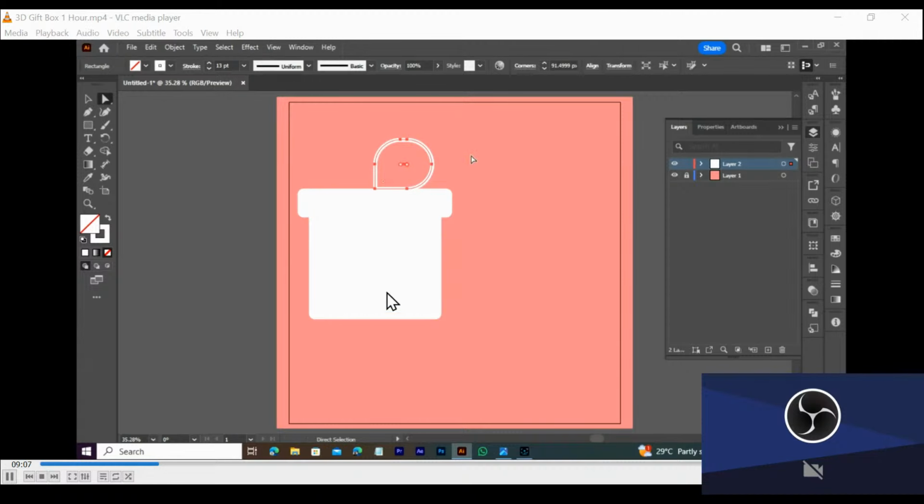So this is what we did to create one of the handles in our 2D gift box section. We can use this for flexibility. So to give you the ribbon, because the ribbon is not really a stiff object, it's a flexible object. So I'm trying to give my ribbon some flexibility. So I'm going to be